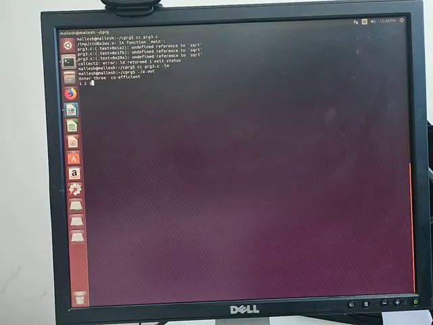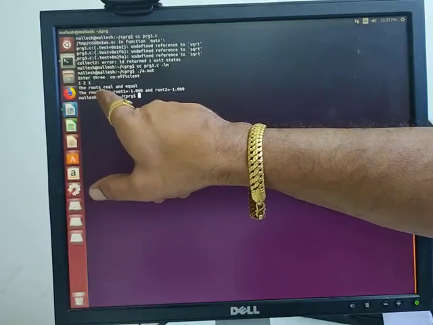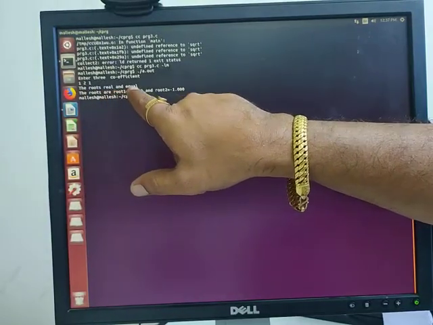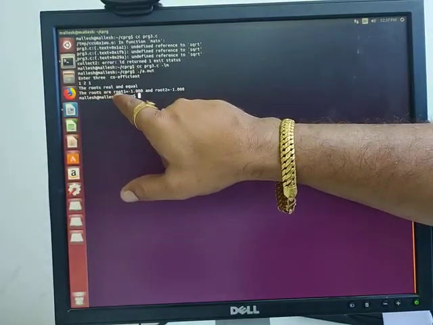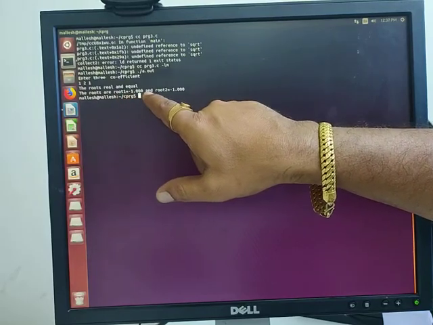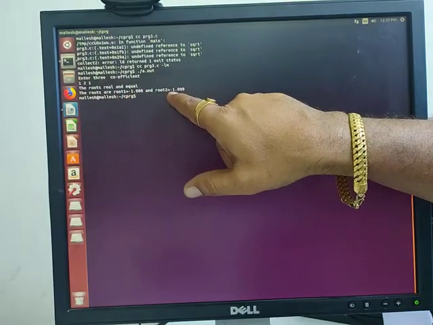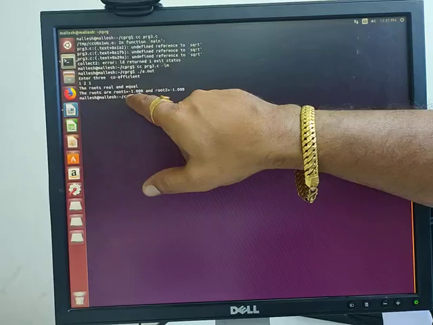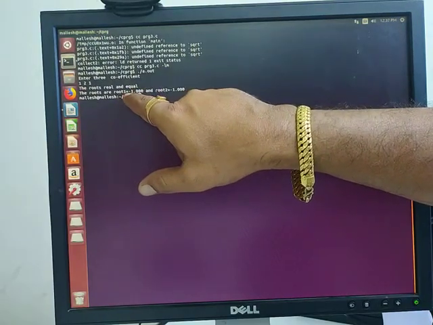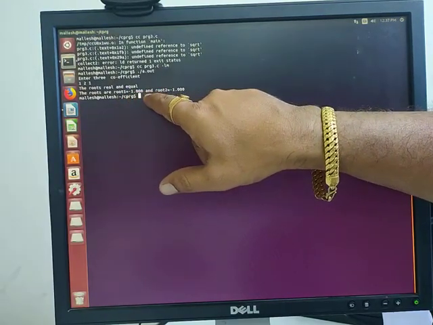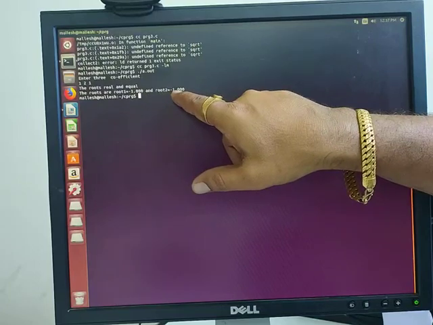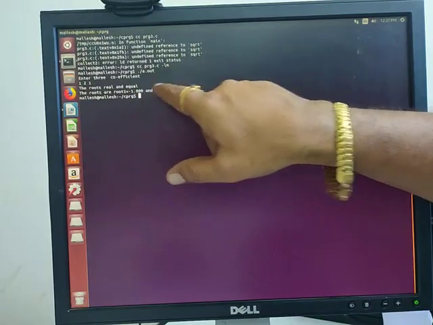It is going to be real and equal roots. Let us see. Yes, see, the roots are real and equal. Root 1 is equal to minus 1.000 and root 2 is equal to minus 1.000. Both roots are same.